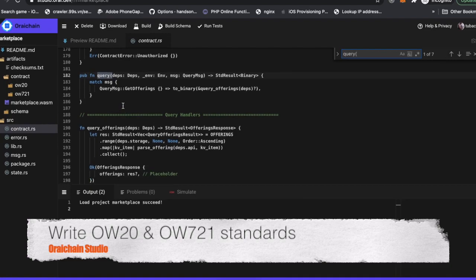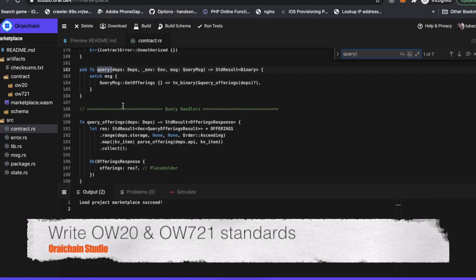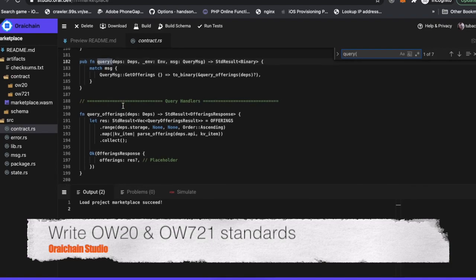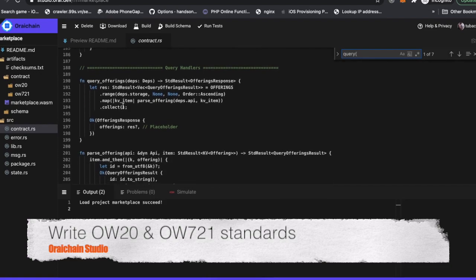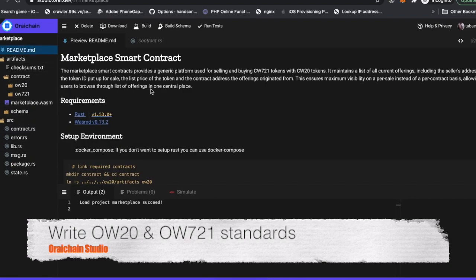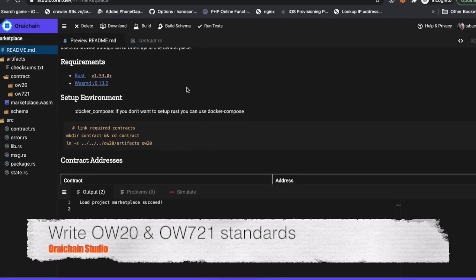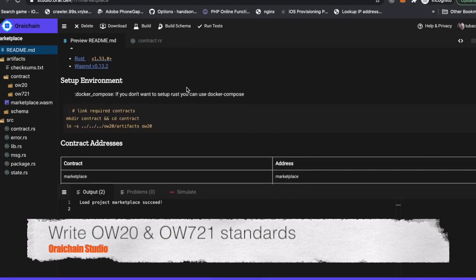I'm going to take the MFT marketplace smart contract as an example and simulate its functions, including mint, find info, send and receive MFT with the studio. To support this, I also use standard OW20 and OW721 smart contracts.